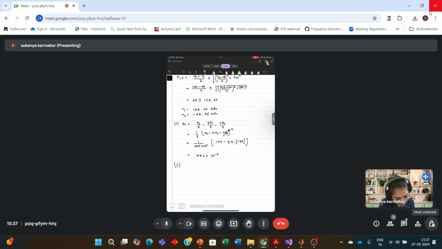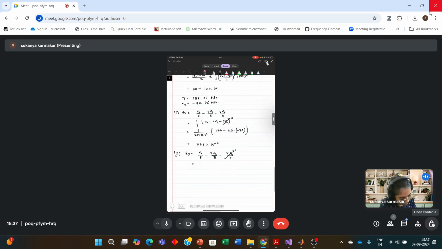Similarly, you can calculate epsilon y, which will be sigma y by E minus nu sigma x by E minus nu sigma z by E. Now sigma z is 0. So 1 by E, sigma y minus nu sigma x. Substitute the value of E, which is 205 into 10 to the power 3 MPa. Sigma y is minus 70, nu is 0.3, and sigma x is 130. So if you solve this,